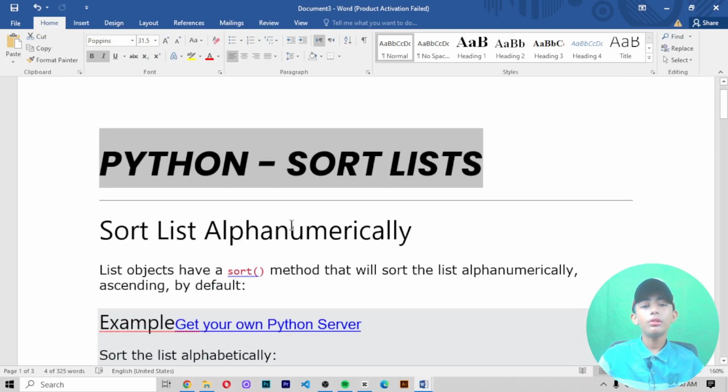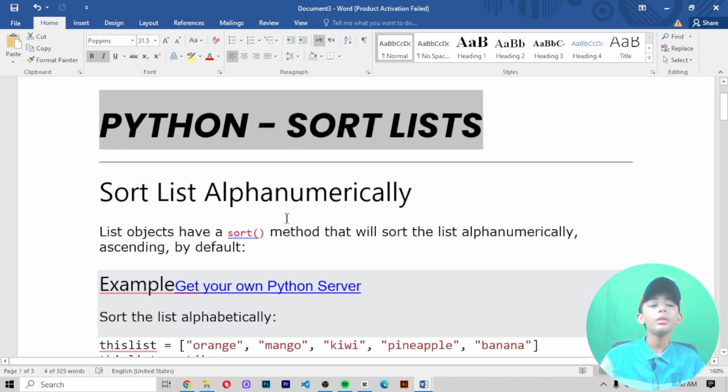So guys, in today's Python video, I am telling about the sort list. If you don't know what a sort list is, the whole concept will be clear. Previously, we learned about list comparison. In today's video, we'll learn about the sort list, and this is our fifth video of the list series. Okay, so let's start.